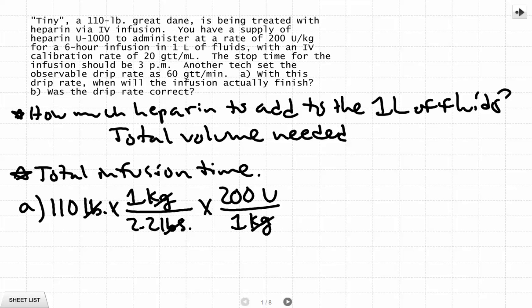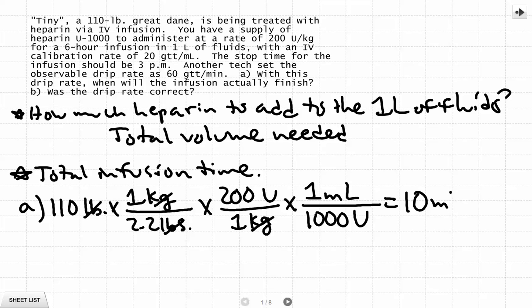So right now, if we were to stop, we would know how many units to give, but we want to change units into milliliters. And given the supply information that U-1000, we know 1 milliliter of solution gives us 1,000 units of heparin. So when we go through the calculations, we come up with just 10 milliliters of heparin